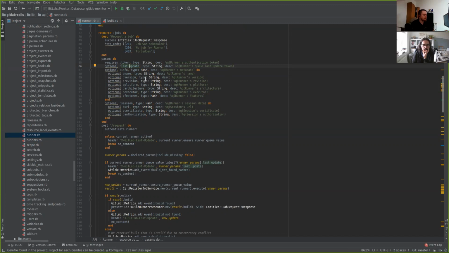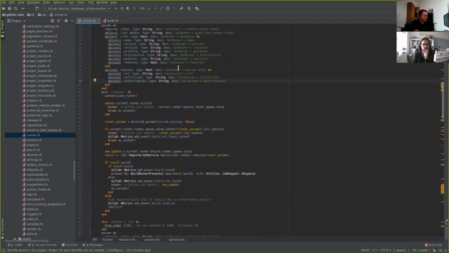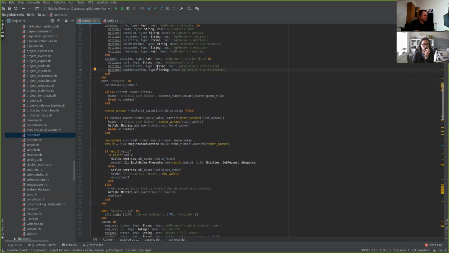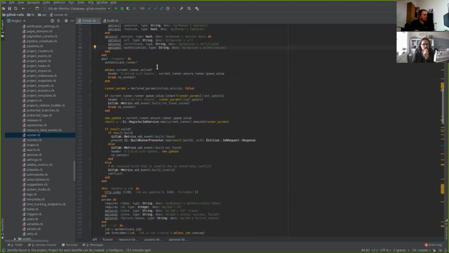by the requests. Okay. With info, we are sending some metadata about the runner, what version, what configuration it has. And with session, this is this new thing, we are sending information on how you can connect with the CI web terminal to this. Okay. Going fast forward, if the runner will be authenticated properly,